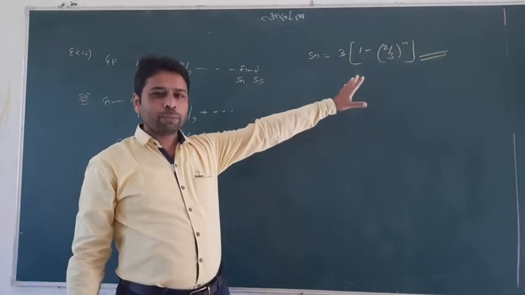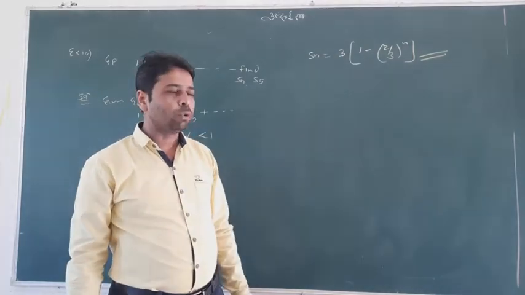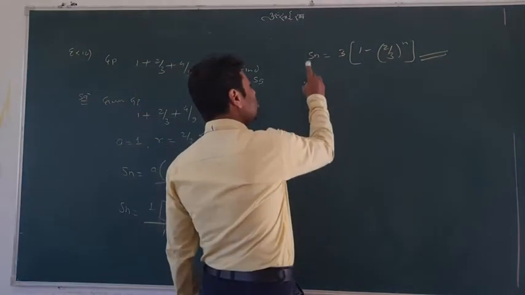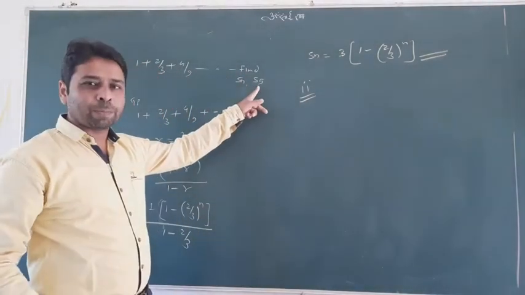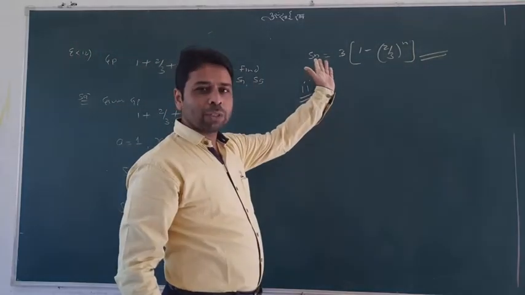So it is good and beautiful that you don't need to change anything. You don't need to do anything. So this is the sum of n terms we have got. But in the next question, student, we are told sum of 5 terms. So don't follow again and again the so-called thing. You already got the value of sum of n terms.